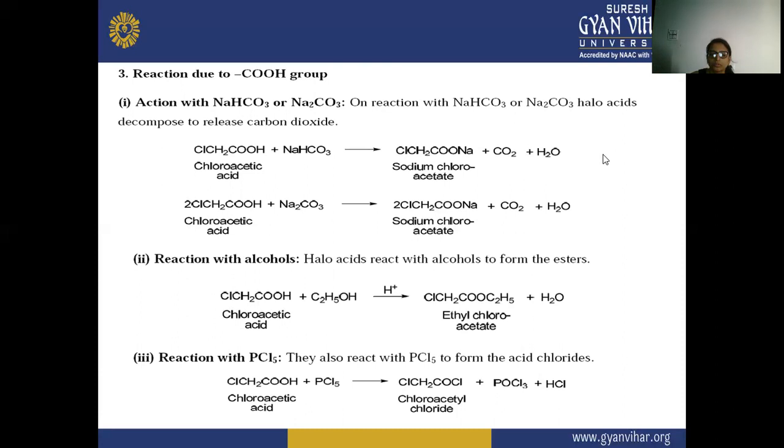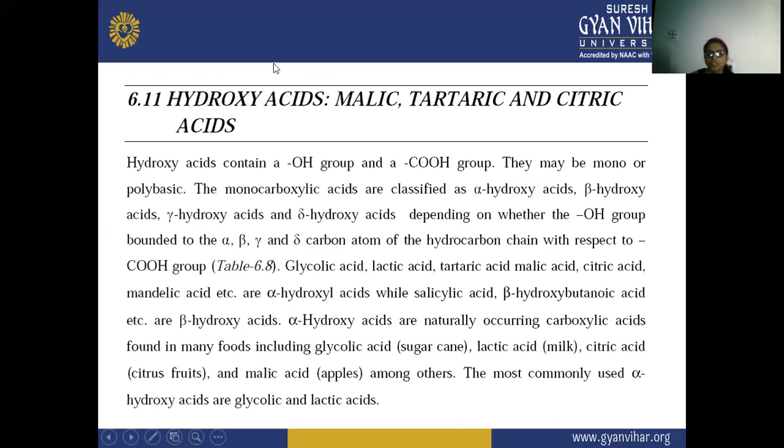Next is hydroxy acids, that is malic, tartaric, and citric acid. So these hydroxy acids contain an OH group and a COOH group. They may be mono or polybasic. This means that the hydroxy acids contain the OH group as well as the COOH group on the aliphatic